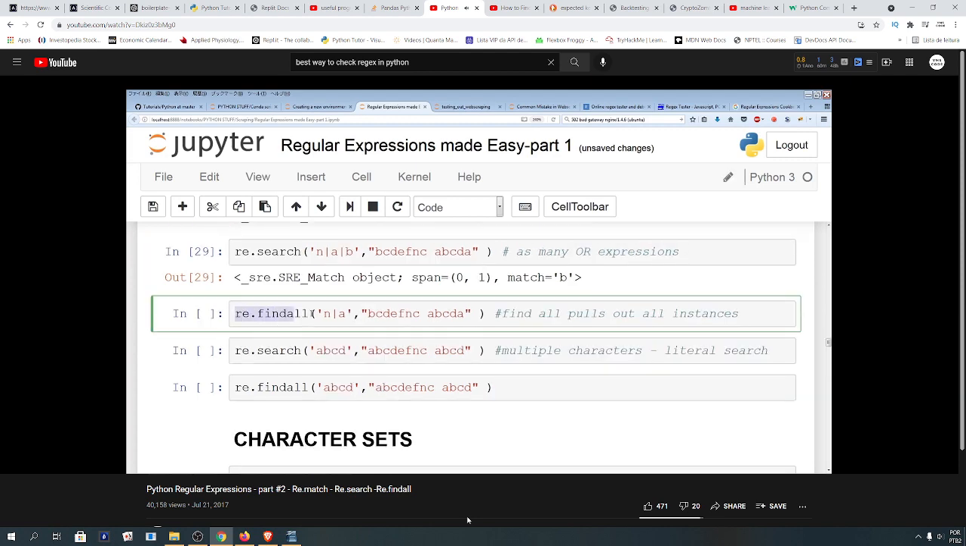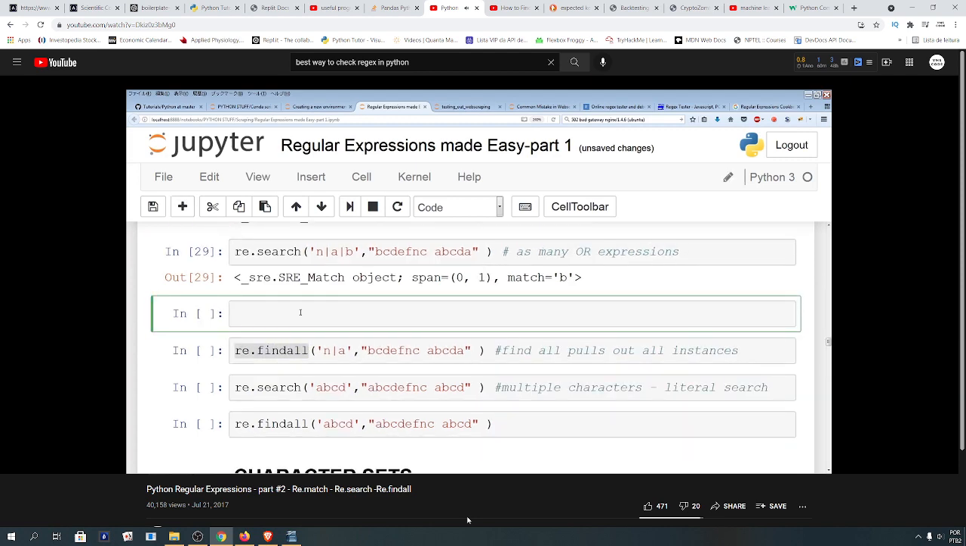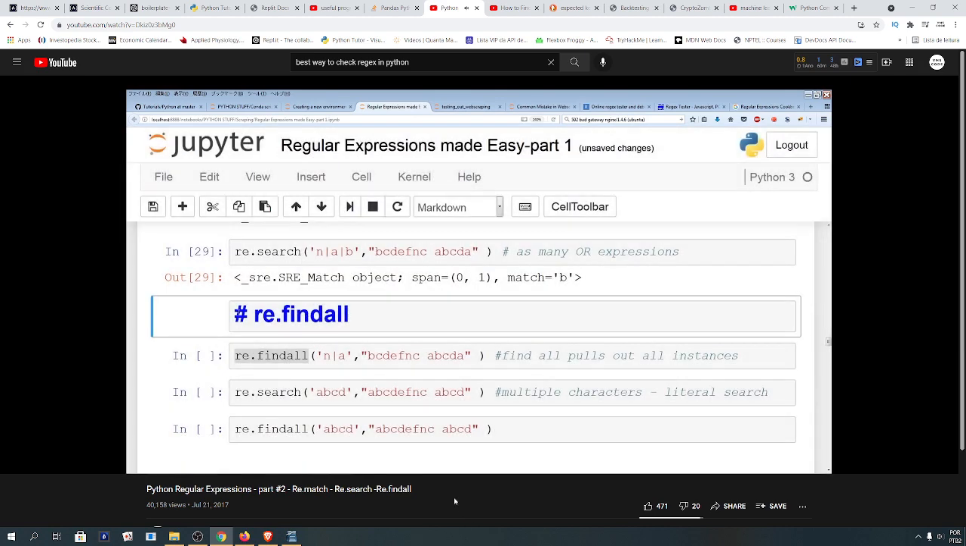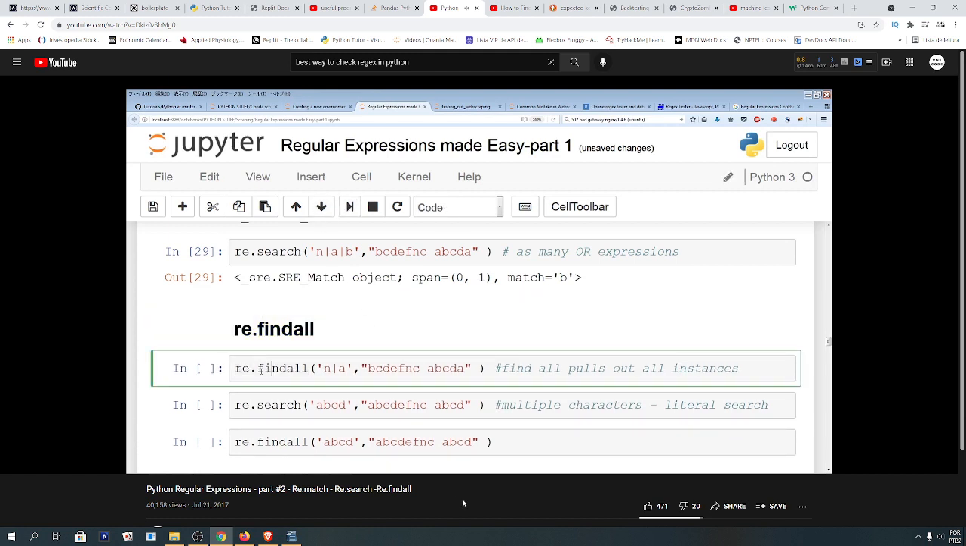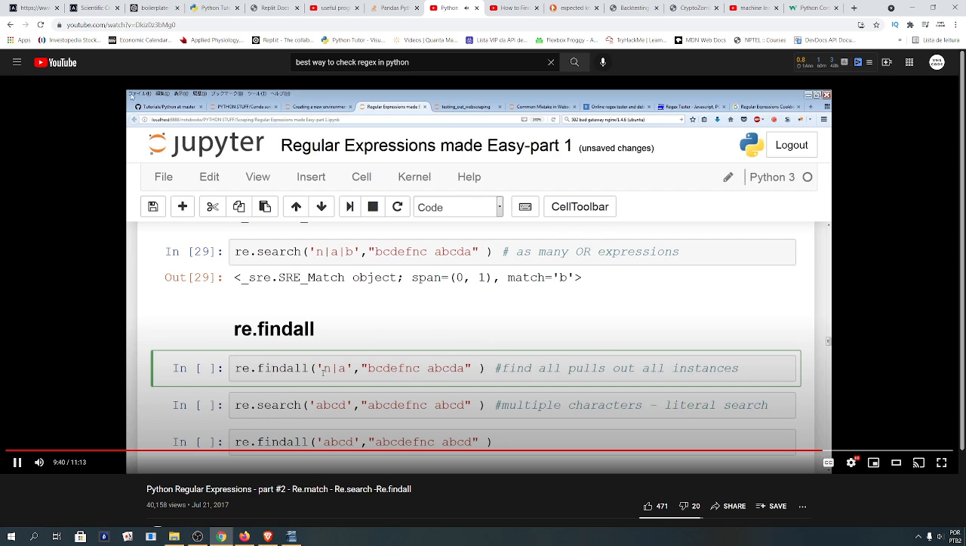All right, so I'm just going to quickly introduce you to re.findall. Let me just run this. Now, what re.findall does is pull out all the instances. So earlier, re.search was only pulling out the first instance. re.findall will pull out every single instance as a list. Now, there's a couple things you're going to have to worry about when using re.findall. I'm going to go into all this later when we use grouping. But re.findall will pull out all of the